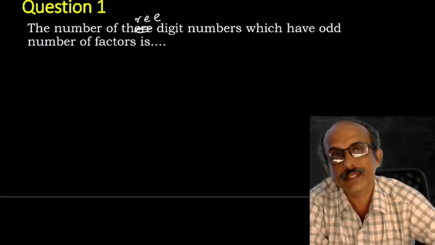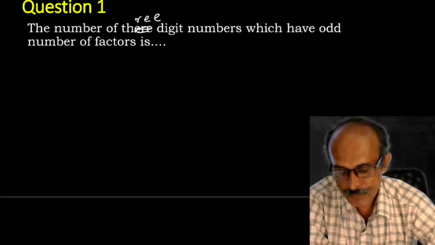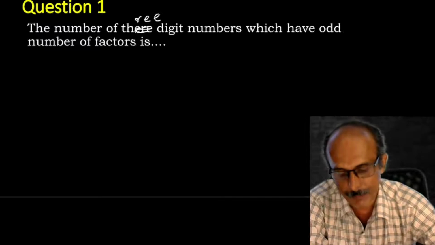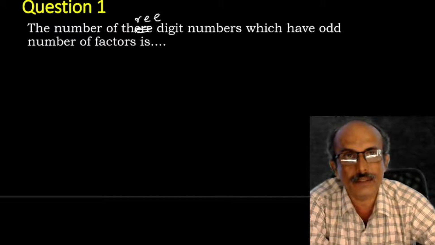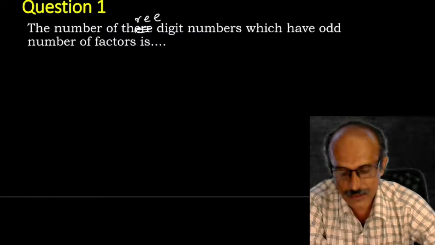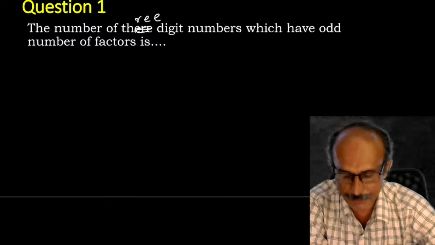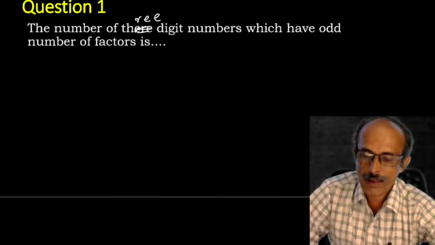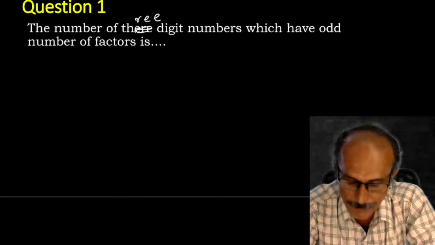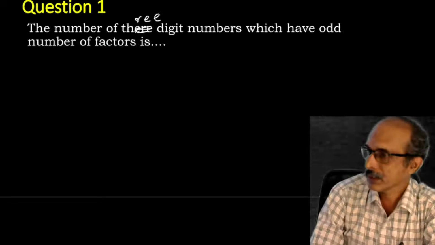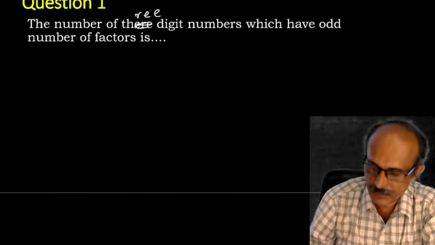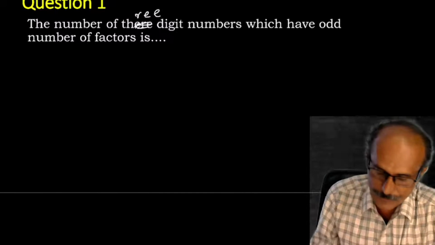So what we try to do is we characterize those numbers which have that property. So the 3-digit numbers having the property that they have odd number of factors. We are going to characterize such numbers, then try to count them. So what can you say about the property of those numbers? So let us look at that. So suppose you take n,